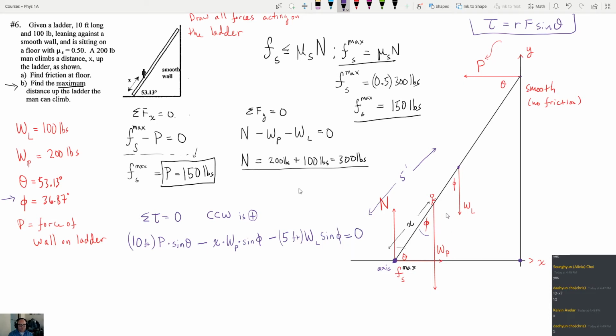We've already taken care of 1, 2, 3 forces, and the other two forces would be at a distance of 0, so they exert no torque about that axis. And there's our equation. And it has one unknown, which is x. So let's isolate and solve. We'll move the x WP sine phi to the right-hand side. So we'll have 10 feet